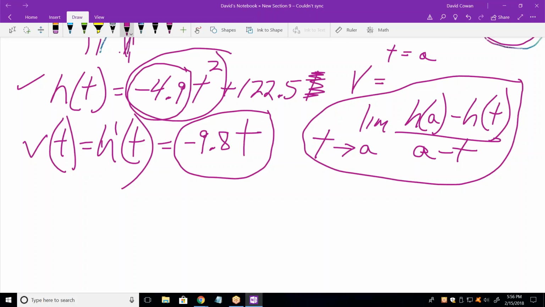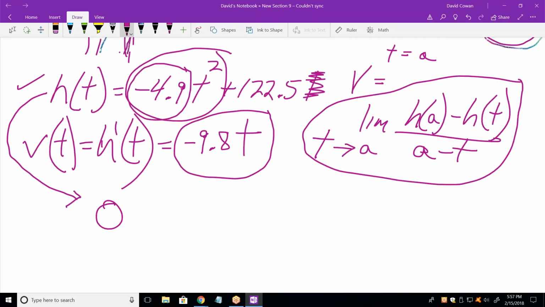All right. Now, what was the second question they asked? It asks for the time it takes for the object to hit the ground and the velocity at impact. Okay. So we know what velocity is. Let's go back to the height function. What's the height when it hits the ground? 0. Okay, so I'm going to plug in